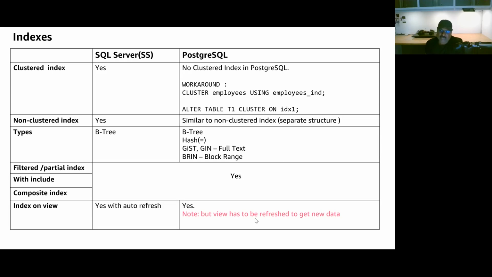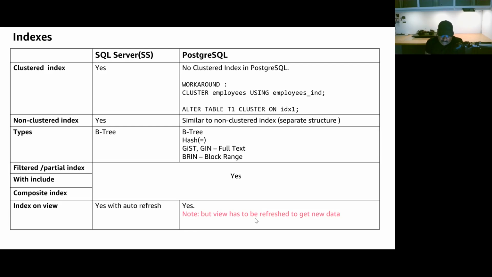Okay, so the major use case is again if you have a read-only environment, or if you want to provide a snapshot of data with some aggregated functions to your end users, then this is one such feature that you can use in Postgres.